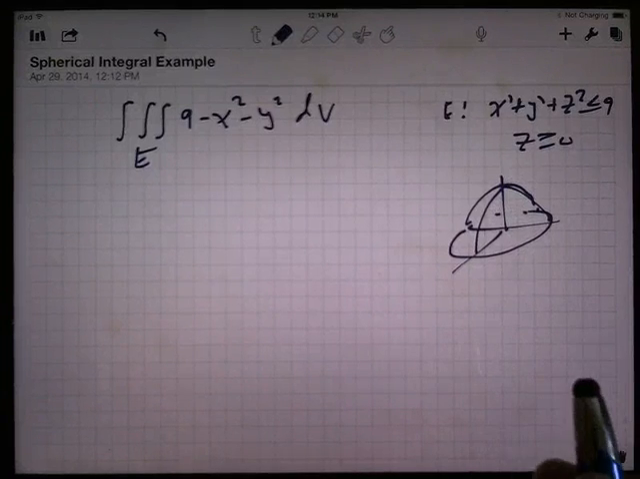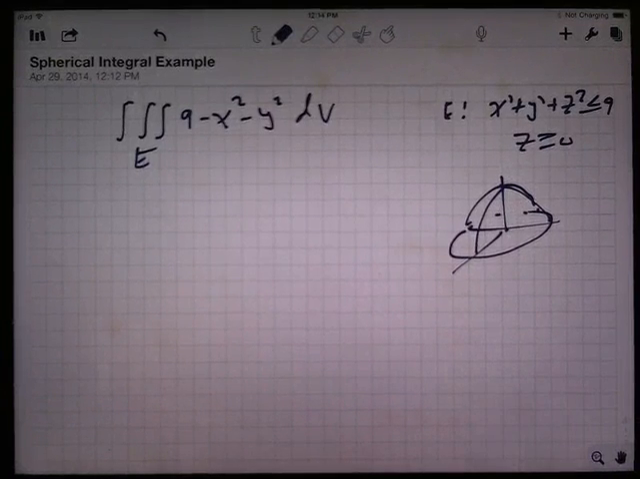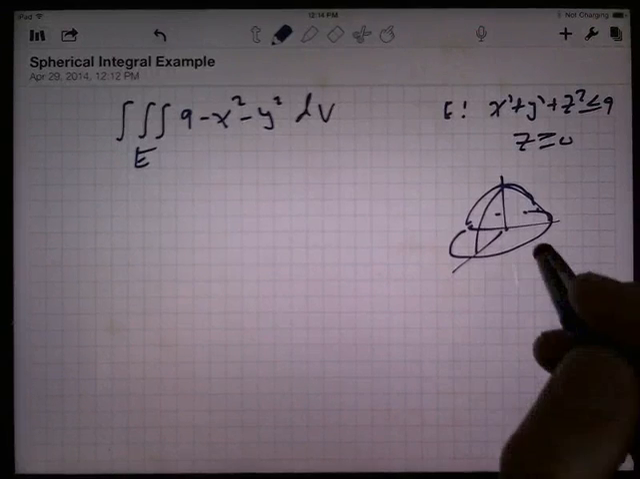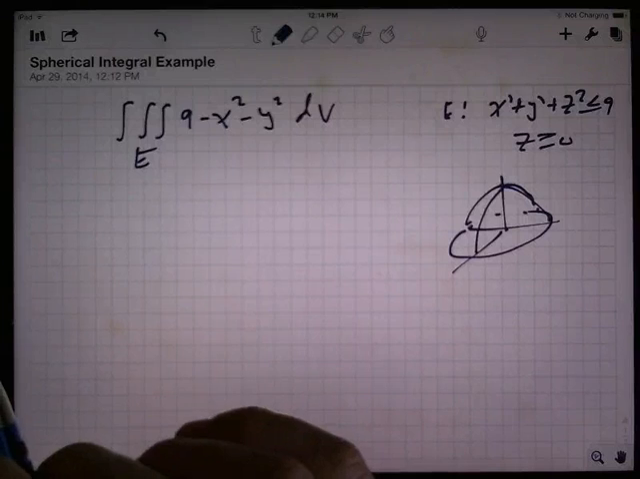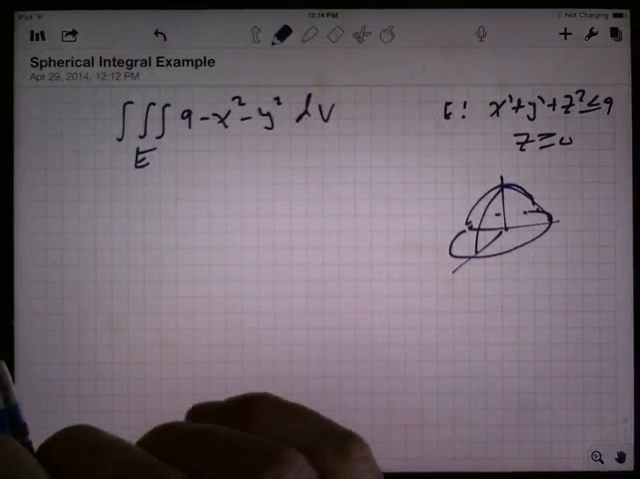And I've got to be careful, because a hemisphere is just the surface. I want the solid, all inside of it as well. I'm going to integrate across that whole solid. Okay. Now,